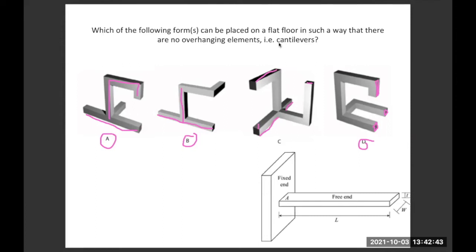समझ में आया? No, ma'am. नहीं, आप इसको नीचे रखोगे, ये ऊपर जाएगा बराबर. ये पार्ट जो है ये ऊपर जाएगा. Yes, ma'am. नीचे कोई सपोर्ट नहीं है, तो वो तो ओवरहैंग हुआ ना. This is an overhang. यहाँ पे नीचे कोई सपोर्ट नहीं आएगा, इसके नीचे भी कोई सपोर्ट नहीं है, तो दोनों ओवरहैंग है.